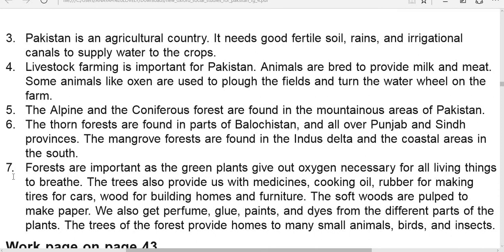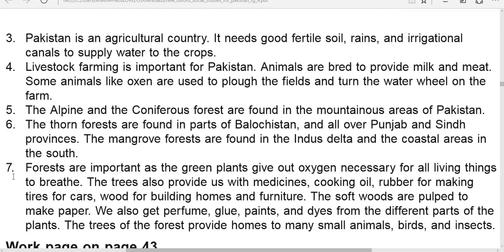The trees also provide us with medicines, cooking oil, rubber for making tires for cars, wood for building homes and furniture. The softwoods are pulped to make paper.